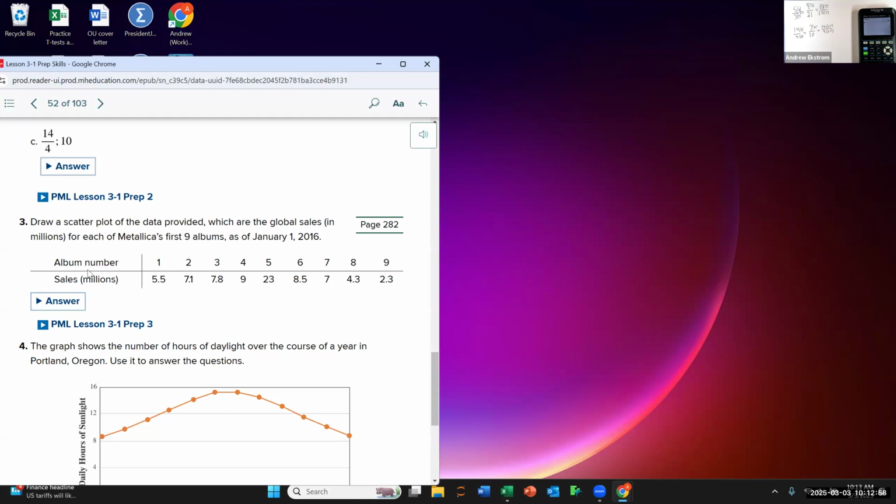So album number, because they probably want to show the rise and fall of album sales for Metallica based on where they're at. So album number is probably going to be our x variable, and sales is going to be our y. So if we're going to do this with the graphing calculator,